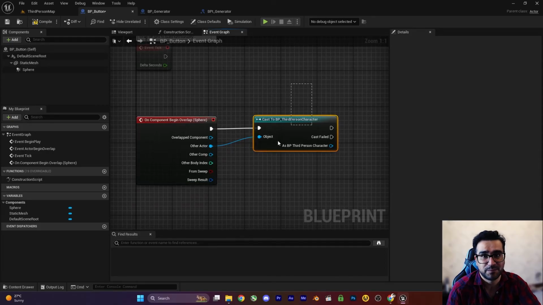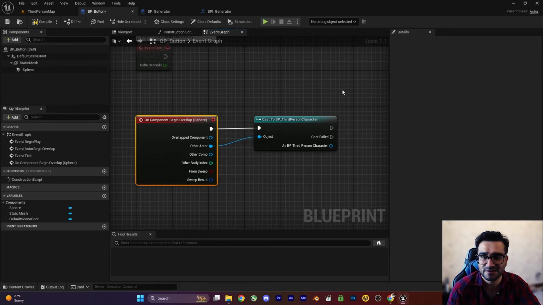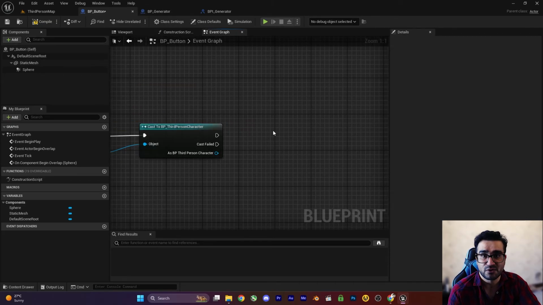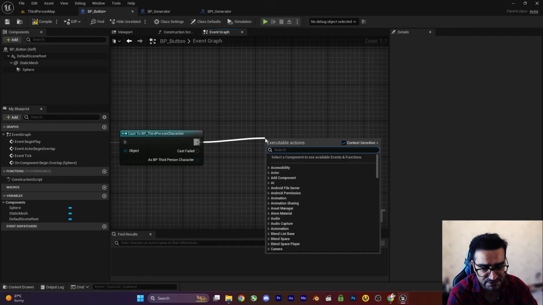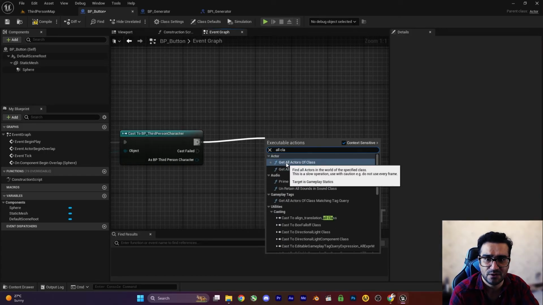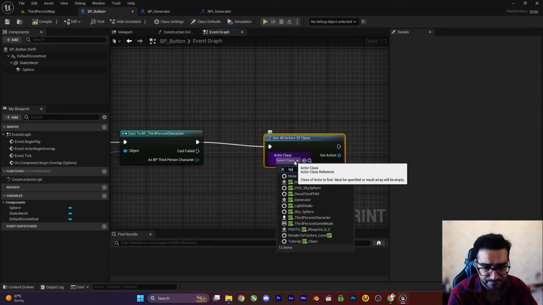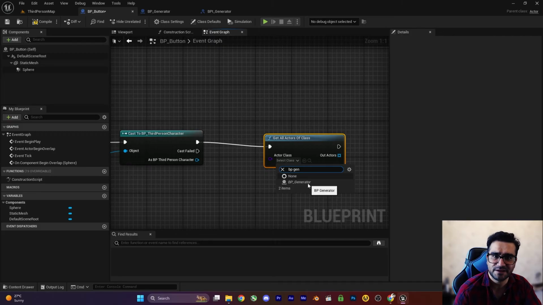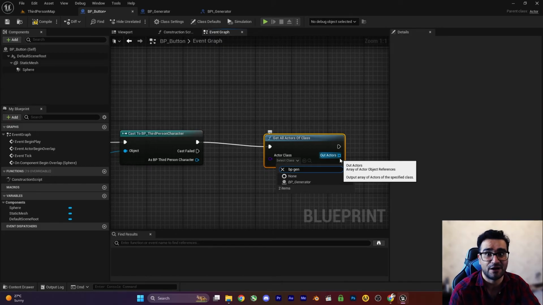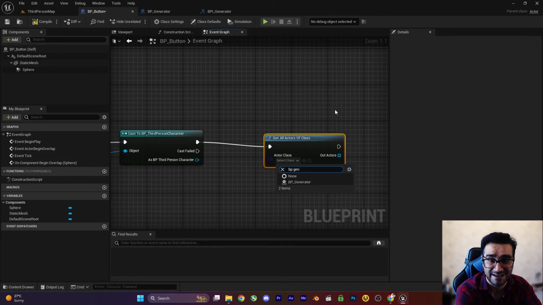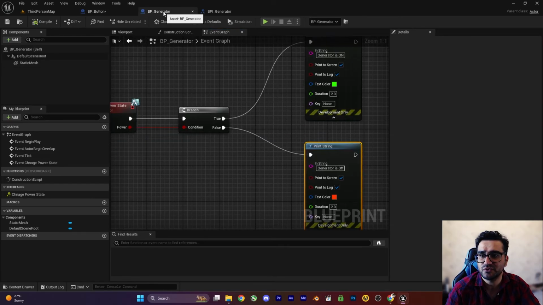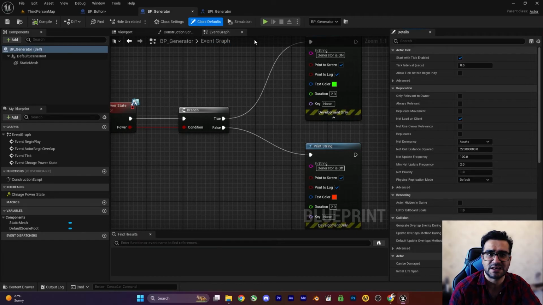So whenever the player collides with this button, we want to tell the generator to be on. So for doing that, first thing, we need to find the generator, right? And for doing that, there are lots of ways. For example, I can just in here search for all classes, get all actors of a class, right? So if I click in here, I can choose the BP generator, and it will find it for us. It will give us an array of all the generators, but we don't want that to happen. What we want to do, we want to go to our BP generator, go to class defaults, and in here